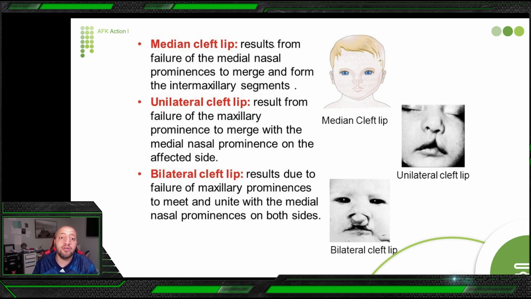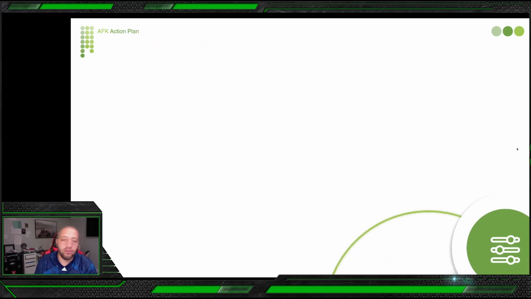Sometimes when you forget the text or something is missing here, you think about the medial nasal process here and maxillary here, and the maxillary is here, mandibular is here. So the failure is here, leading to this one, leading to this one. So it's about visualization. When you visualize it, it will be super easy to memorize and even recall it again.